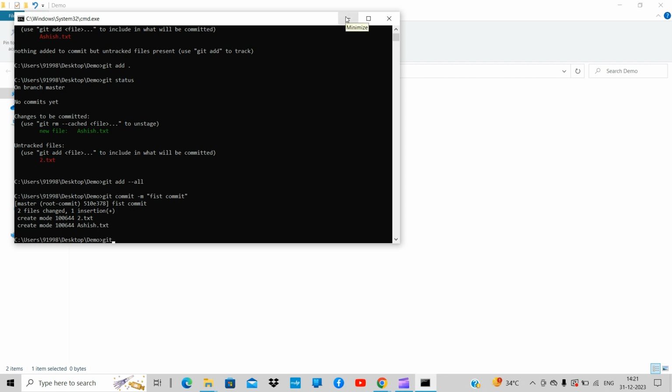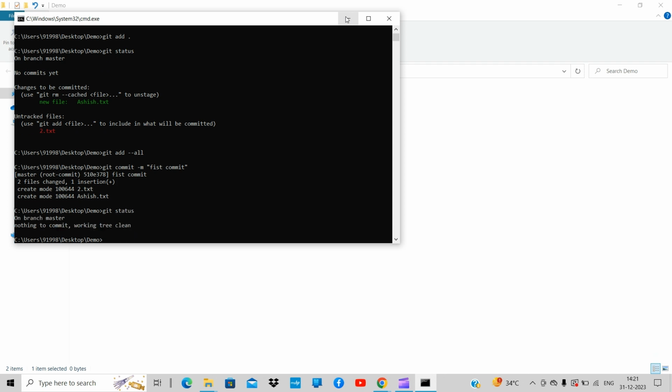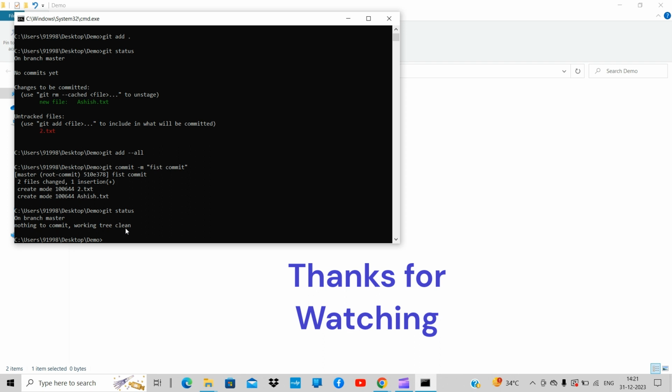We can verify it as well with git status. It says nothing to commit, working tree clean. Thus we can conclude we have